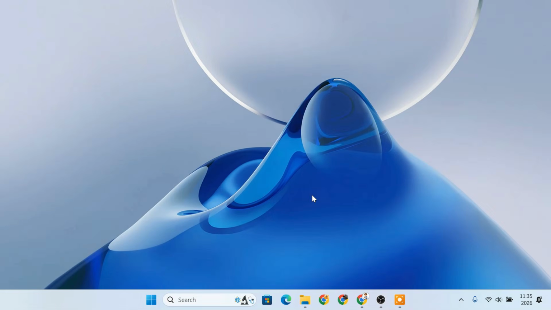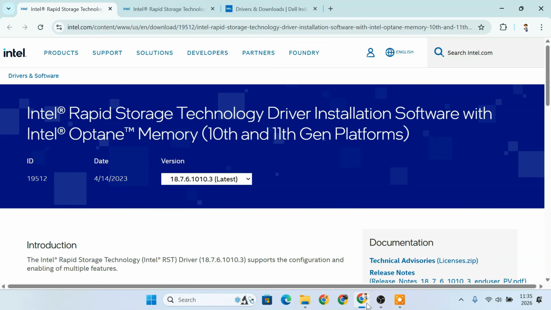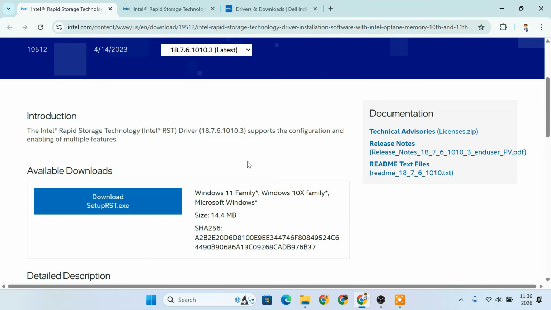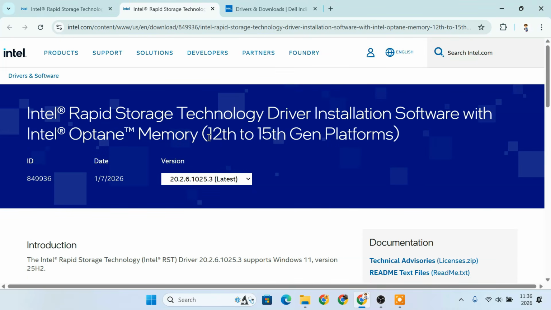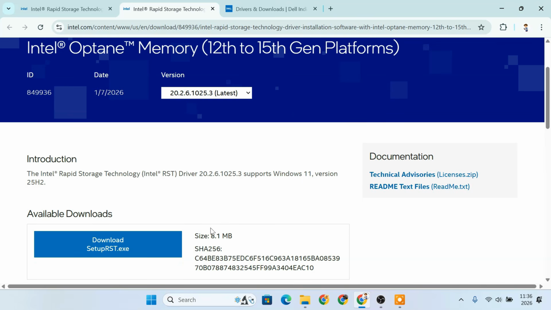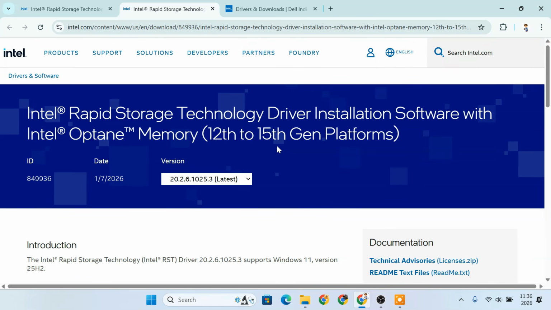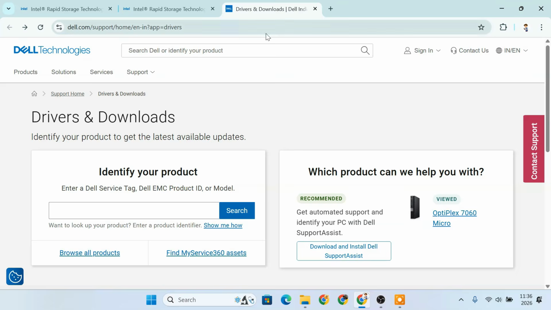You can download the driver either from Intel's official website or from your PC manufacturer's website. If you are using a newer Intel processor, such as the 10th generation or later, you can usually download the driver directly from Intel's website. However, if you are using an older system like mine, it's safer to download the driver from your PC manufacturer's website to ensure compatibility. I'm using a Dell Optiplex mini PC with an Intel Core i3 8th generation processor, so I'll download the driver from Dell's official support page.